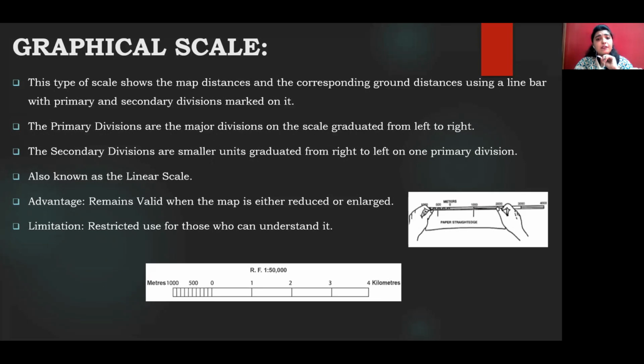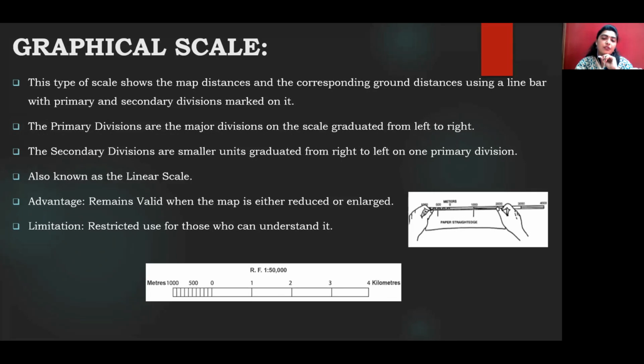The next type of scale that we have is the graphical scale. Now, the graphical scale is always drawn on the map. It is either drawn in a single line, or it is drawn in some kind of grid this way. And the simplest way of knowing the scale is to convert this scale into a statement scale, in simpler words. Why? Because looking at the scale, it is difficult to determine what the scale is. What is 1 centimeter, what is 1 kilometer, it's very difficult.